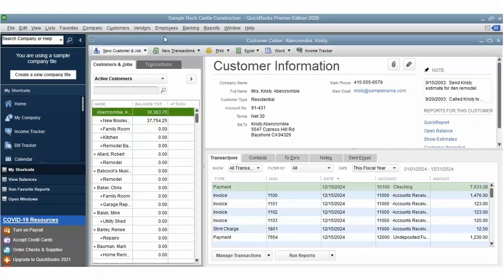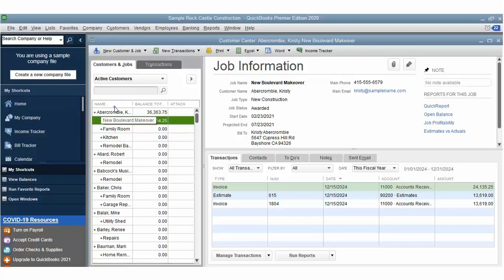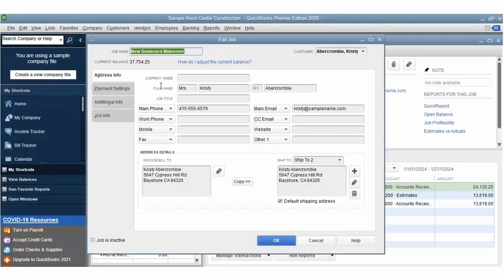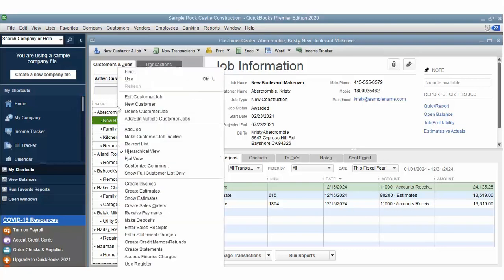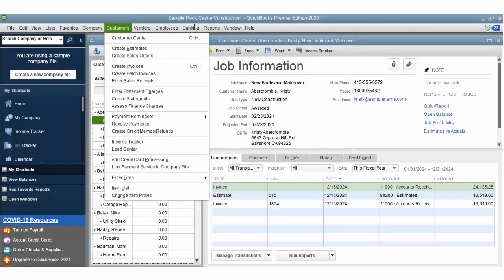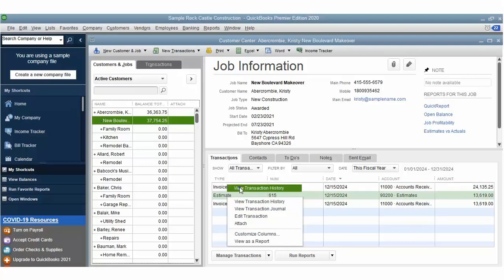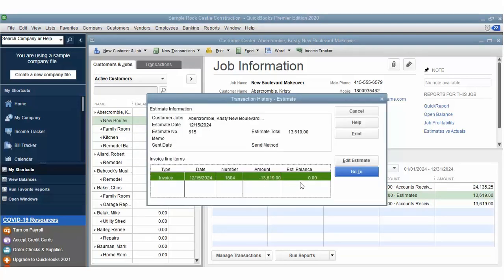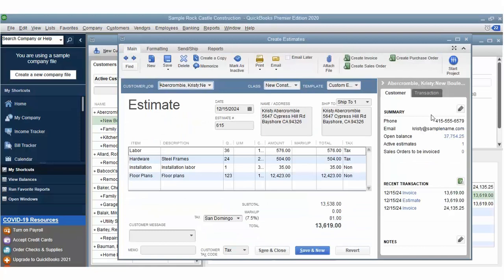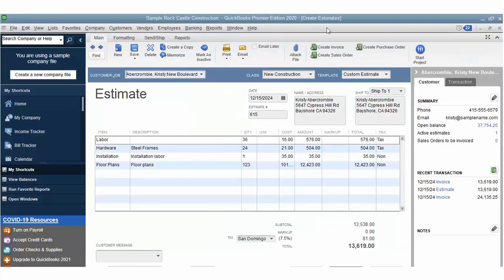Making purchases with job costs. To record purchases for the job, open the desired purchase form, such as Create Purchase Orders, Enter Bills, Write Checks, or Enter Credit Card Charges window. Enter the vendor name. Enter the first item or expense line item in this area. Use the drop-down in the Customer Job column to select the name of the customer job